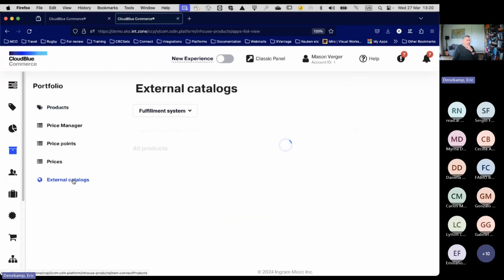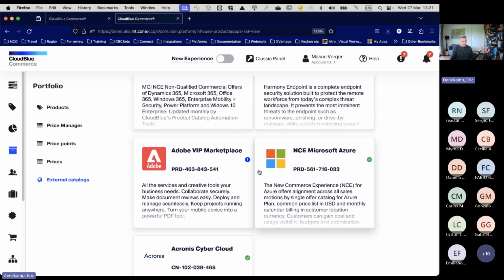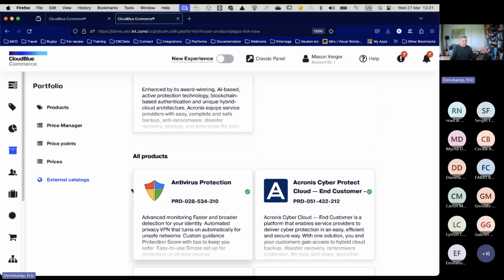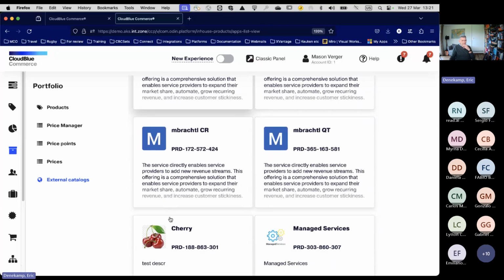And what I can see here and what I like is I can go to what we call the external catalog. And the external catalog is, in this case, the Connect catalog. Maybe I should select it. It doesn't want to do that. It will take some time. But it will show me all products that are available to me as a distributor in Connect. And we will look at what is there. You see some blues. I see some greens. I see all products. I see the installed products, right? We will discuss what is there.